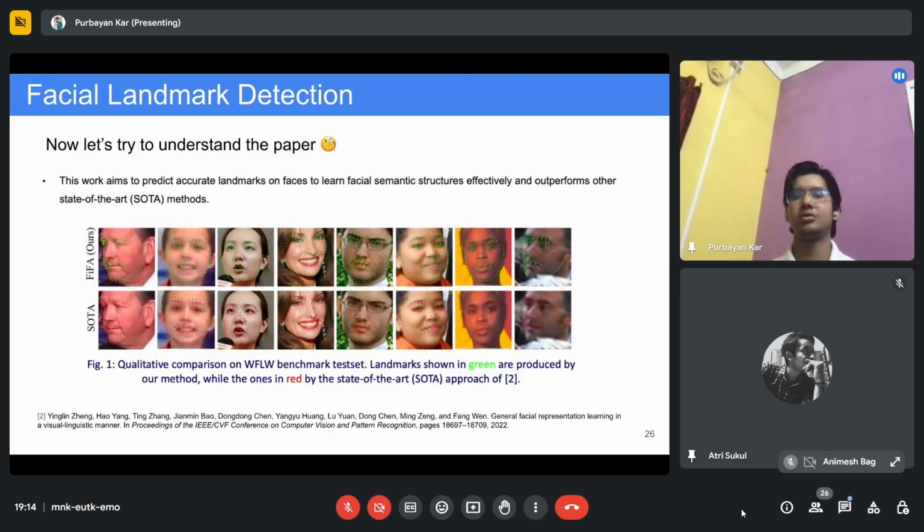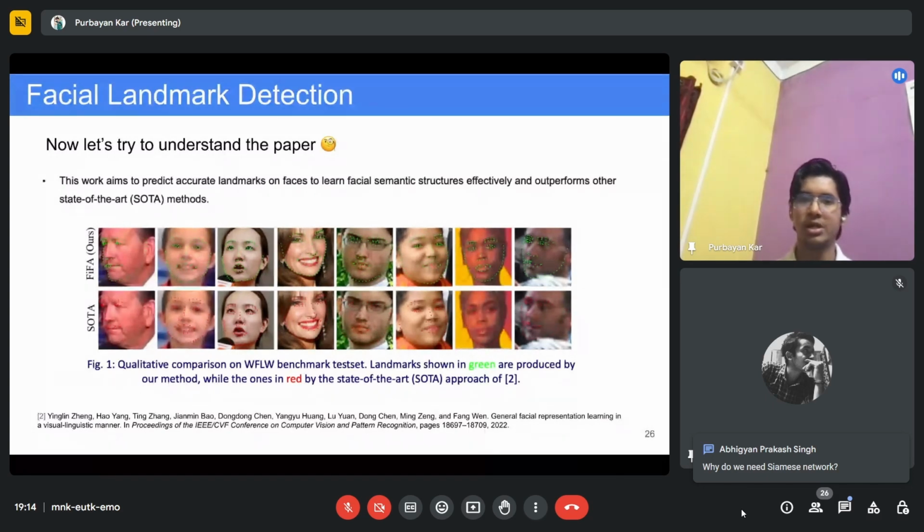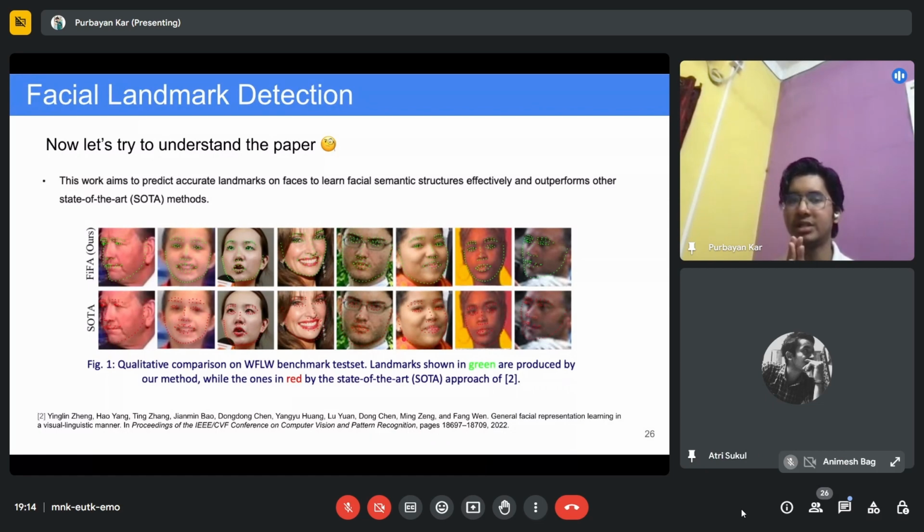Okay. So now let's try to understand what this task is, spatial landmark detection. You might have seen in many Sony mirrorless cameras, they have industry-level autofocus. How do they achieve that? Previously, that was done using lenses, but currently they also employ AI models. You have to properly understand the facial structure of the faces to do that, and that's when landmark detection comes into play.